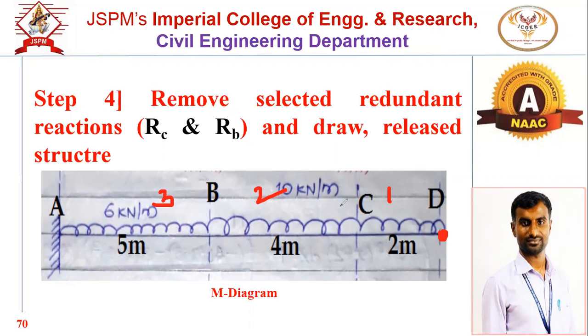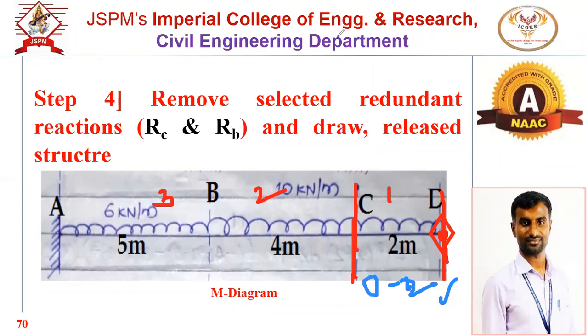Now what will be the limit for the first zone? This is CD. D point is the origin. So what are the limits, or we can say the limit for the zone CD? What will the limit be? 0 to 2. Very good. 0 to 2 with D point as the origin. So for the first zone, the limit will be 0 to 2. Exactly, correct.